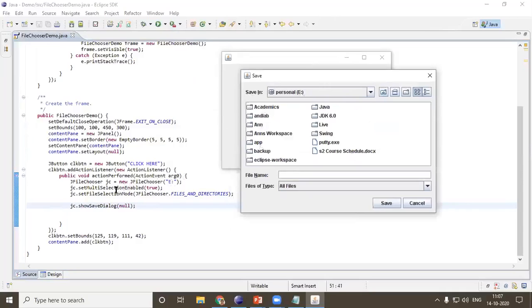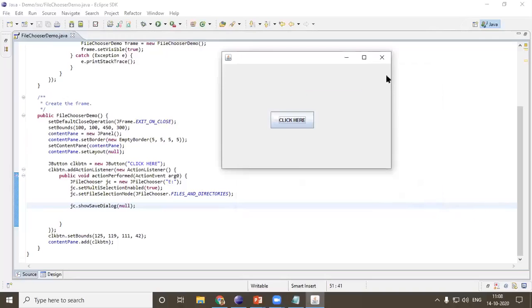I told you what multi-selection enabled means. Look here, I'm using the control key, and I can select more than one. And I gave both files and directories. If you look very carefully over here, all these are directories. These are files: this is an exe file, and this is a document file. Okay, so I'll just press cancel.